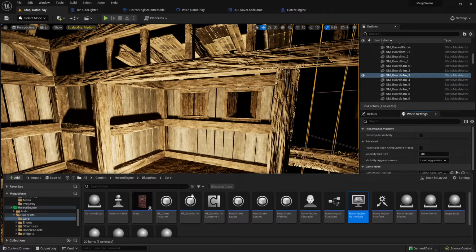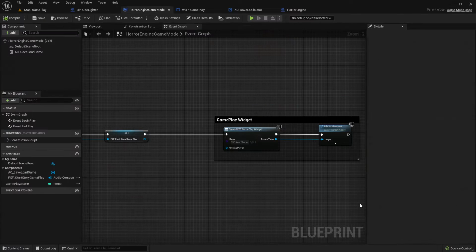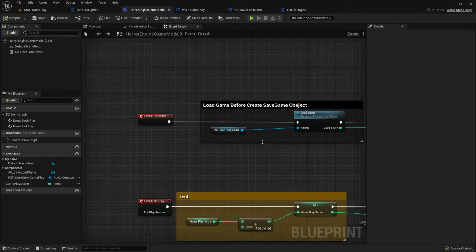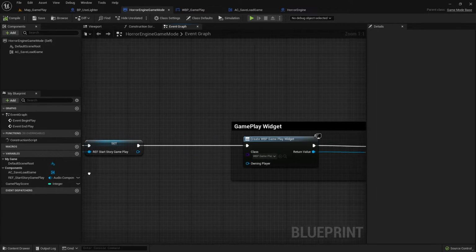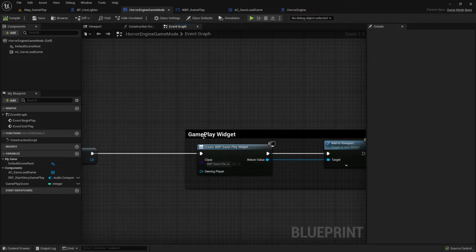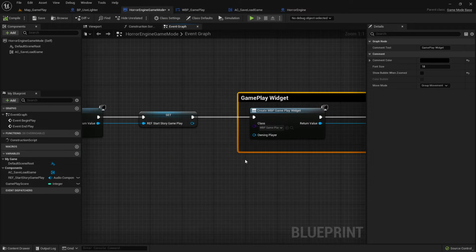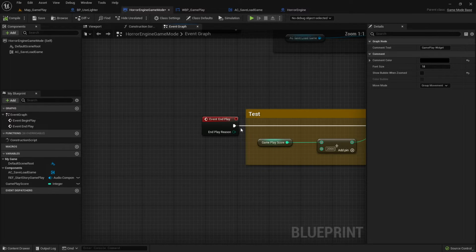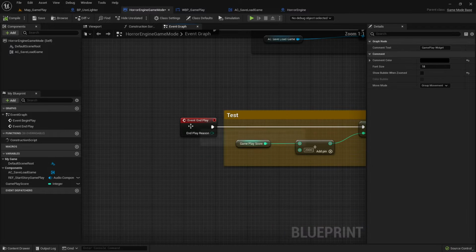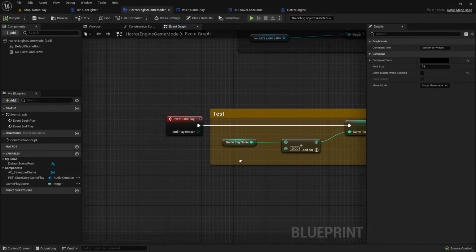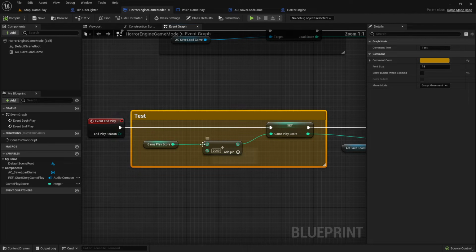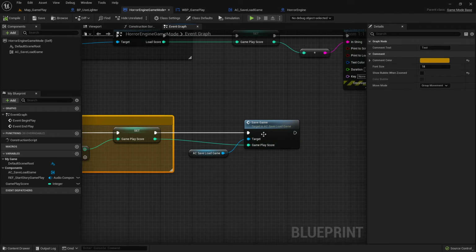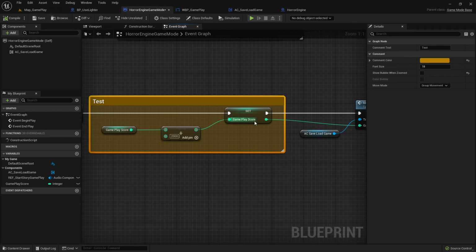I use again the horror game engine. So let's open this one up, and we have created things here already. You can see that was what we already created, I think. And this one is the new thing which we created right now. But when we go here to the event end play, we have a test. And this test was adding points to our save game. And this test we have to remove because now